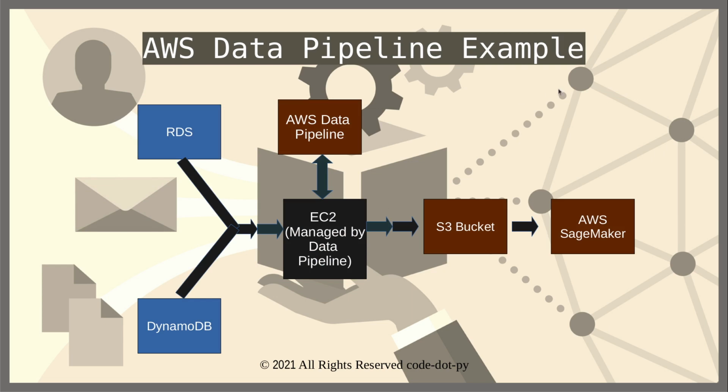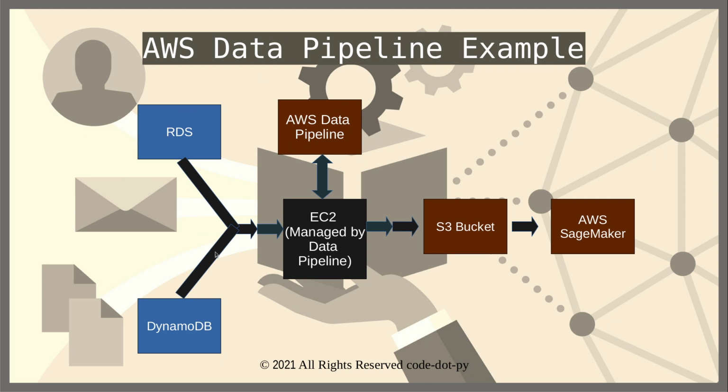If we want to understand Data Pipeline with an example, consider a case where we want to build some sort of machine learning application on data coming from a relational system like RDS, or NoSQL data like that coming from DynamoDB. That data has to be processed and pushed to AWS SageMaker, the actual service that will be performing any machine learning related tasks over the data. So how to do that? The facilitation of this flow is taken care of by the AWS Data Pipeline component.